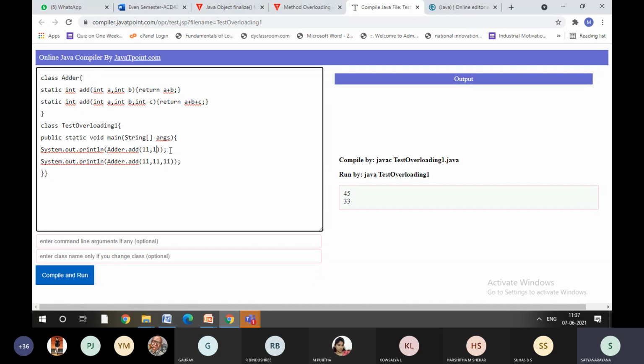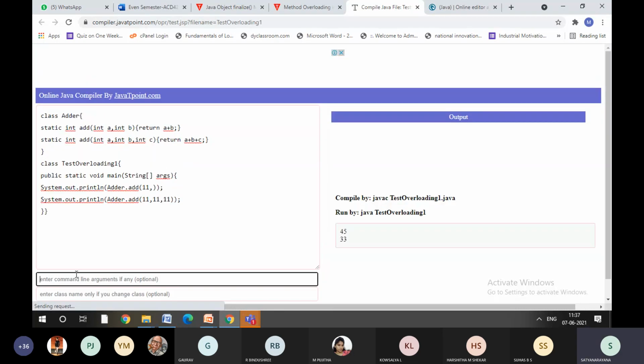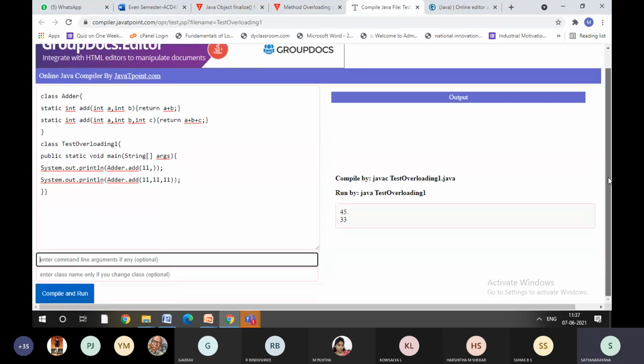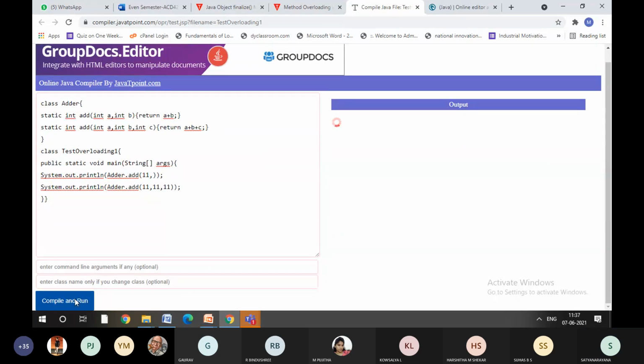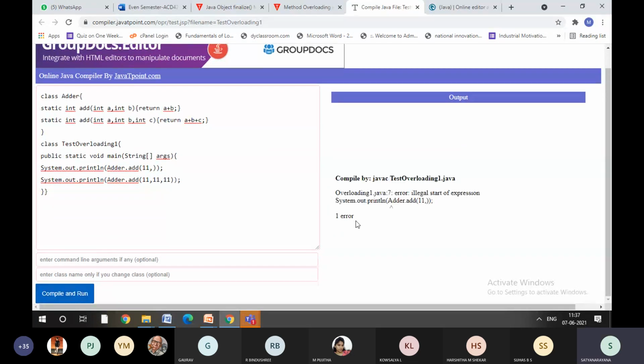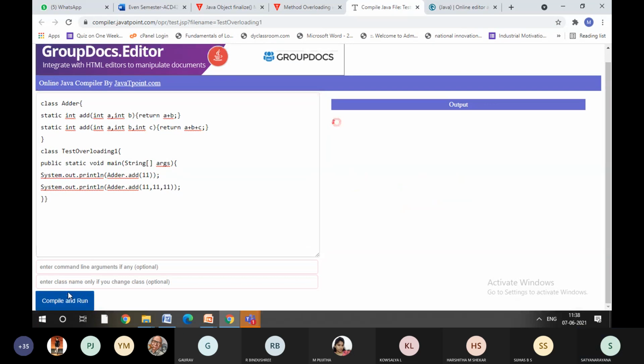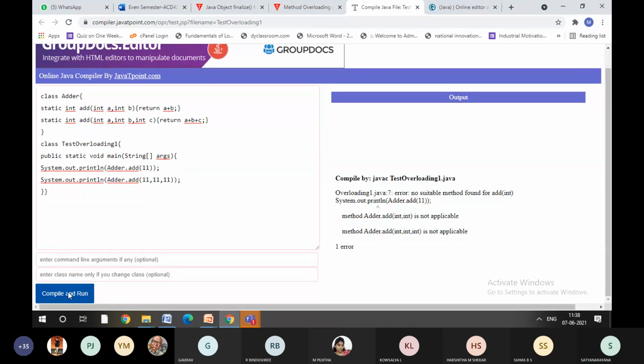Now what I will do is I'll remove one more variable. Let me check what is going to happen. What is the error it is showing? So let me delete. Right, so what is happening here? So that means we have two variables, three variables. We don't have a single variable. That's why it is showing an error saying that, hey, we cannot print like this, right?